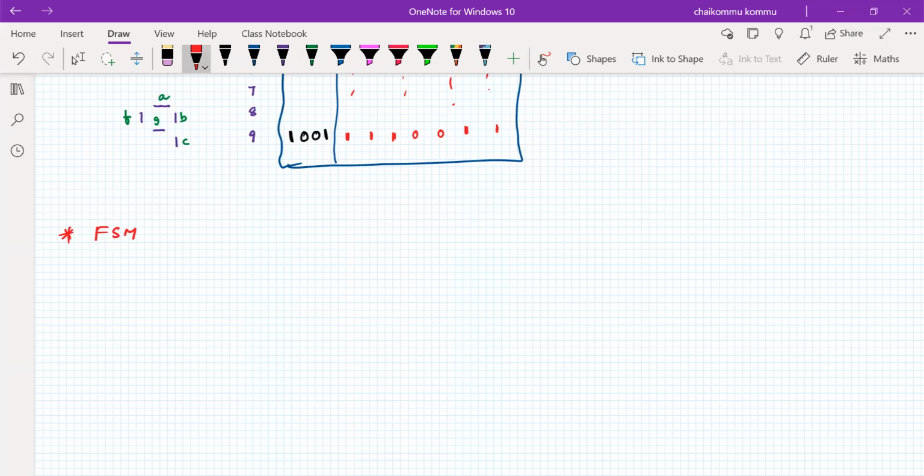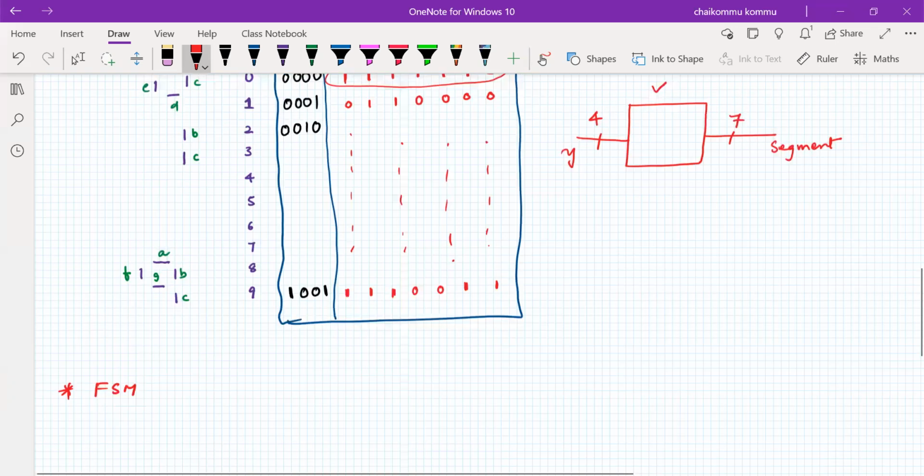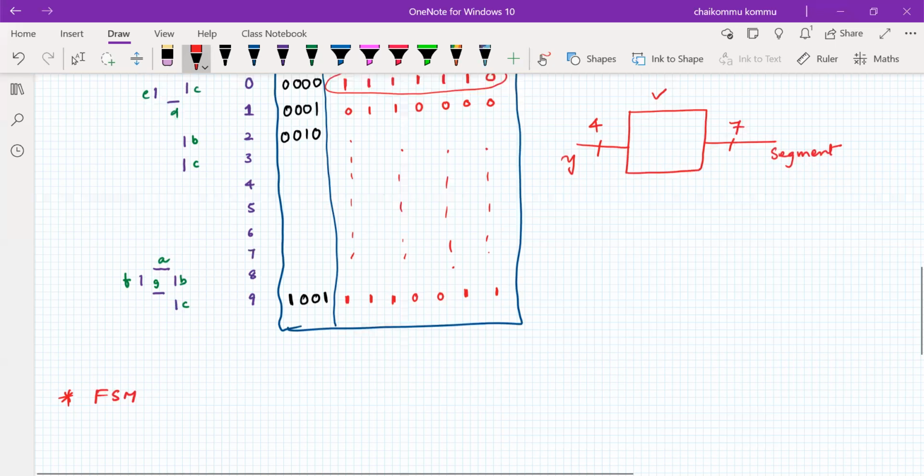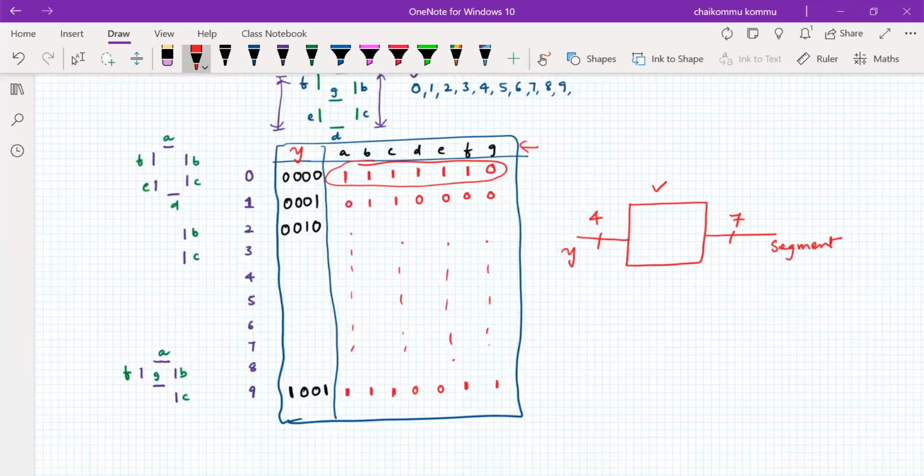For example, if it is a seven segment display or some very simple circuit, it is possible to see it by using the truth table. If it is a very complex circuit, like multipliers, encoders, divisions, or some more complex arithmetic circuits, it is difficult to identify the functionality based on the truth table, because the number of elements in the truth table increases. Therefore, it's better to identify from finite state machines.